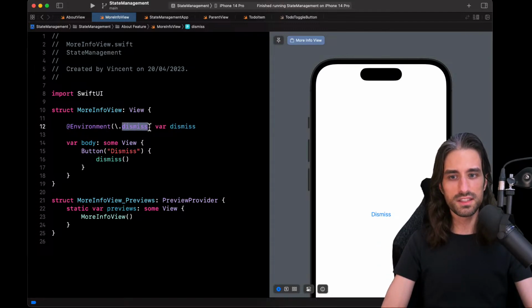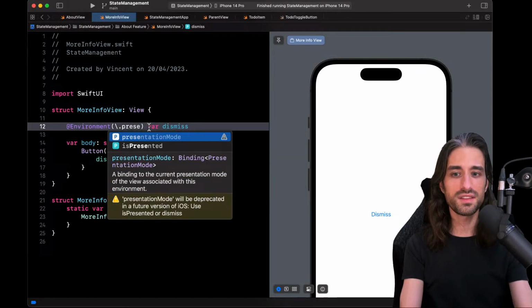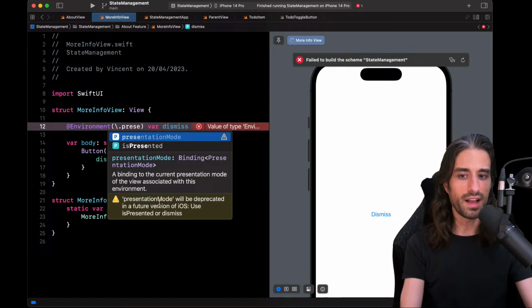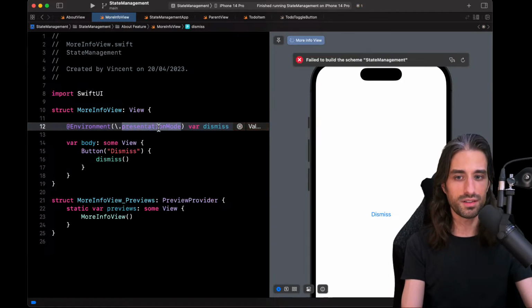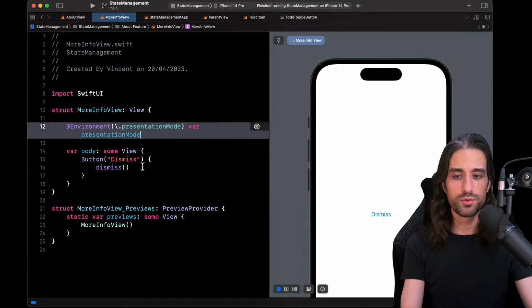Interestingly, this dismiss function was introduced only with iOS 15. Before that, you could still dismiss the view, but using the presentation mode, which you can see has been deprecated because there is dismiss now to replace it.